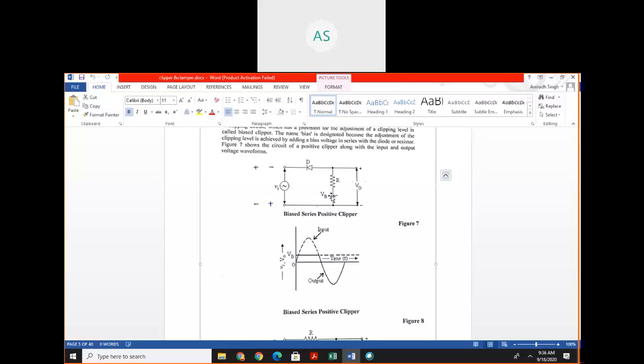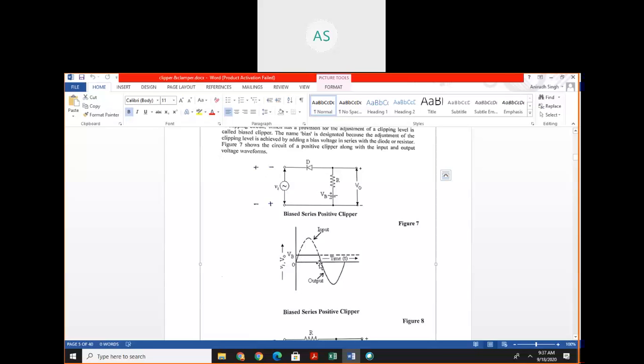Then the value of Vb is 2 volt and Vi is 1 volt, means 2 minus 1 is 1 volt, and the positive terminal of 1 volt is connected to anode and negative terminal is connected to cathode. It means that this diode is forward biased. Forward bias means current is flowing in this circuit, and when current is flowing in this circuit, we get an output which is equal to the input.